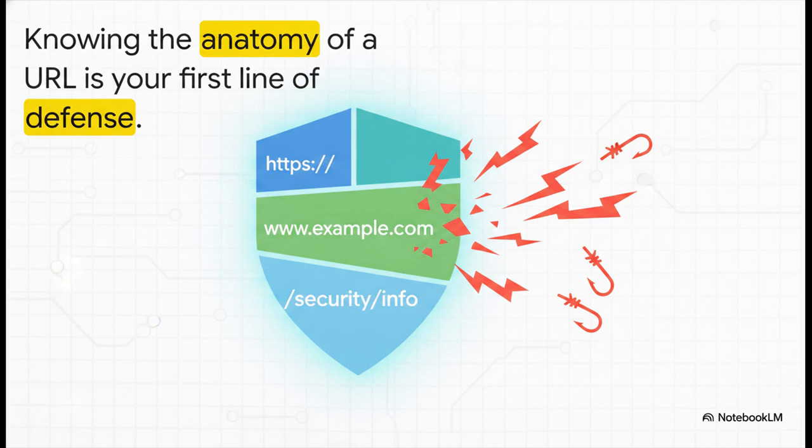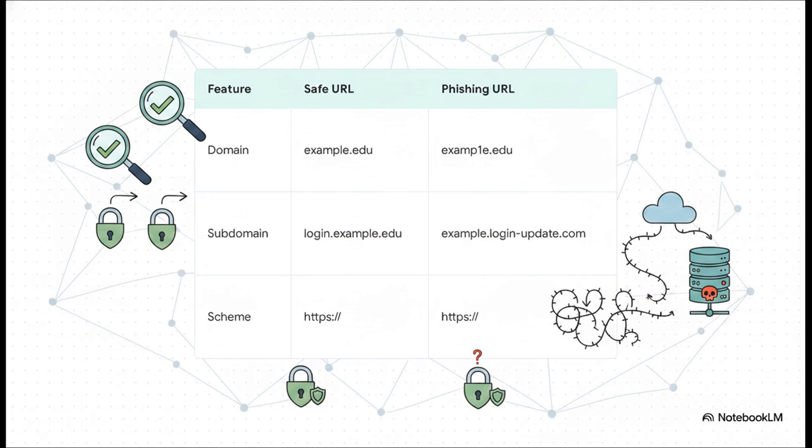Section 4. Spotting the fakes. Bringing this all together, knowing the anatomy of a URL isn't just theory, it is your very first line of defense against real-world cyber attacks. This really brilliantly illustrates exactly what you need to look out for in the wild. Attackers love using typo squatting in the domain. Like we talked about earlier, replacing an L with a 1 in example1.edu. Or they'll use confusing subdomains to trick you. They might create a URL that looks like